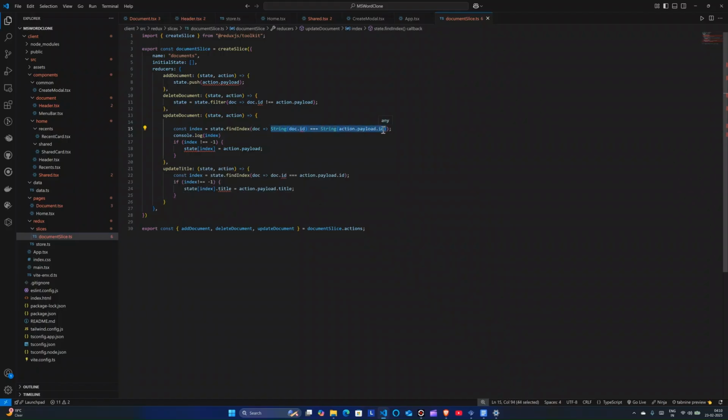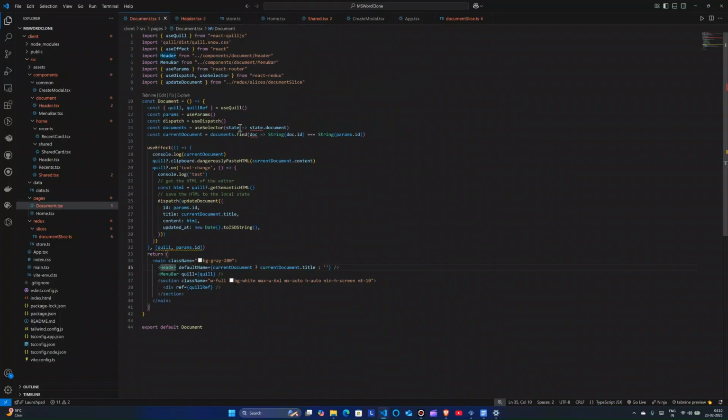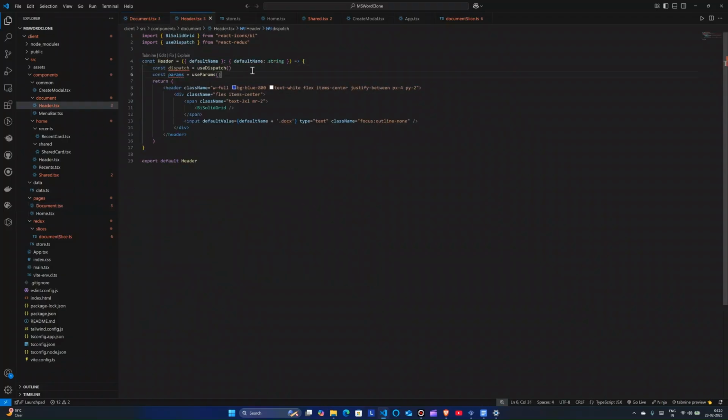Comparison will always be like this. Update title. I will need to pass the ID as well here. So yeah, copying and pasting this,